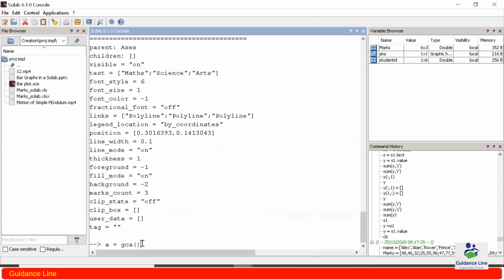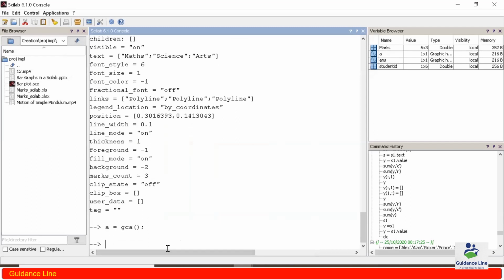By getting control of the graphics, we can modify different segments of a graph. So I have created one variable and I am getting access to the graph and providing it to this particular variable a.